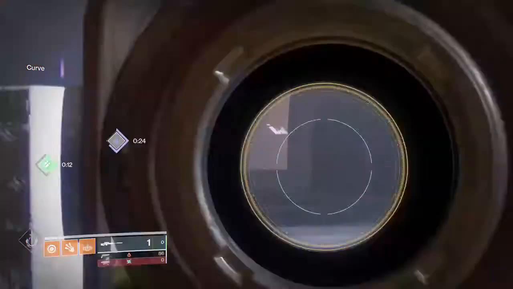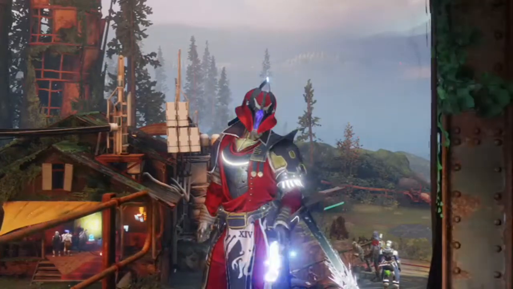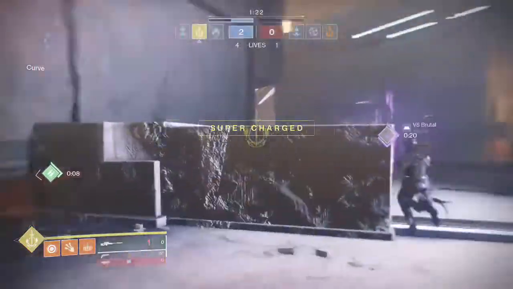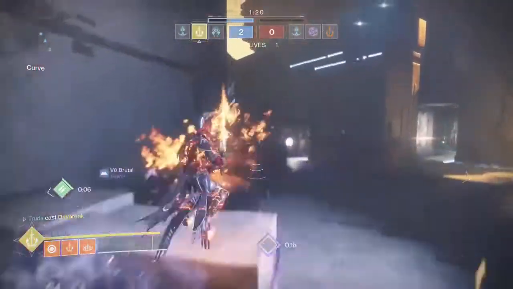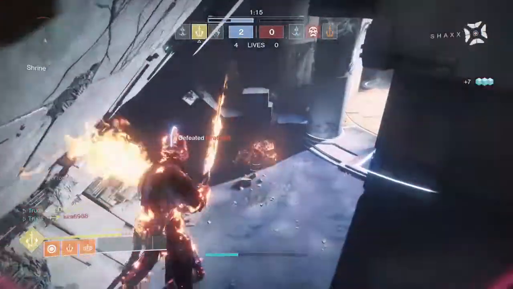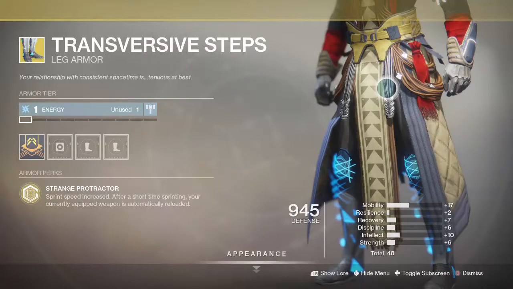First up, we are going to tackle the Warlock. Yeah, that's right, I'm a filthy Warlock casual, but what are you going to do about it? But anyway, for those who are planning on running your Warlock to the Lighthouse, which is the rightful place of all Warlocks personally, then you're instantly going to be reaching out for the Transversive Steps, which buffs your sprint speed